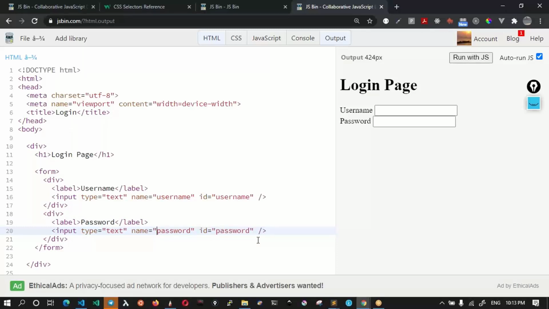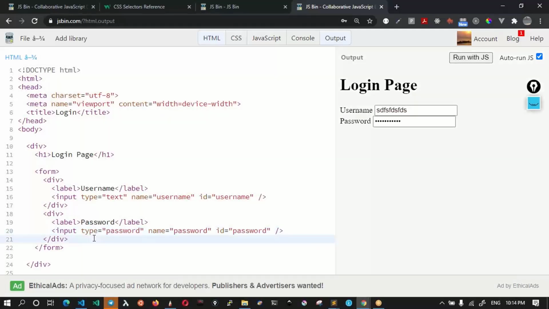Now the difference here is that instead of text, we have to give the input type as password, because there are various types of input. Text input is there, password input is there, and email input is supported as well. Certain HTML5 types can be used here. The moment I give password here, whatever you type will not be visible, but in the username field, whatever you type is visible.